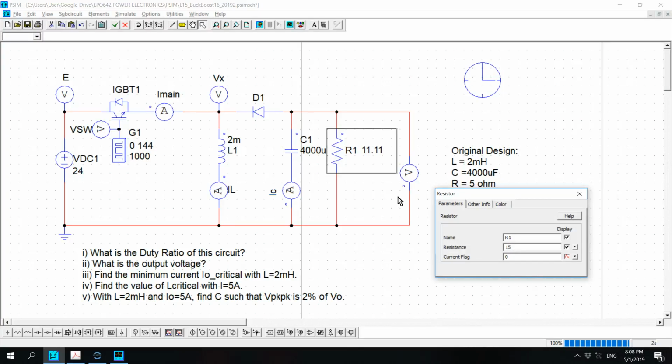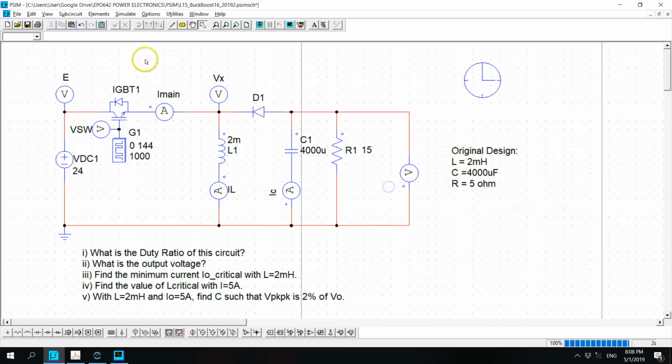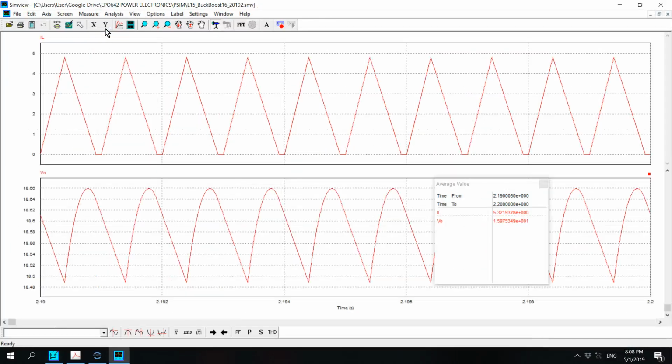Therefore the current will be reduced below the 1.44 ampere. So let's see what happens to the circuit in that condition. Run circuit, look at that, and now there is a